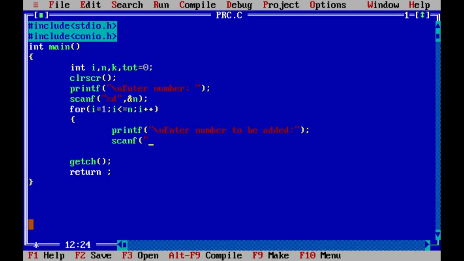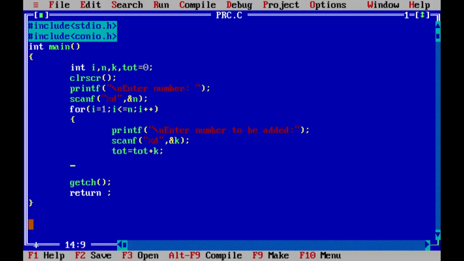Then scanf %d, address of k, and we will iterate the total, or we will add the value to total by this operation: tot is equal to tot plus k.